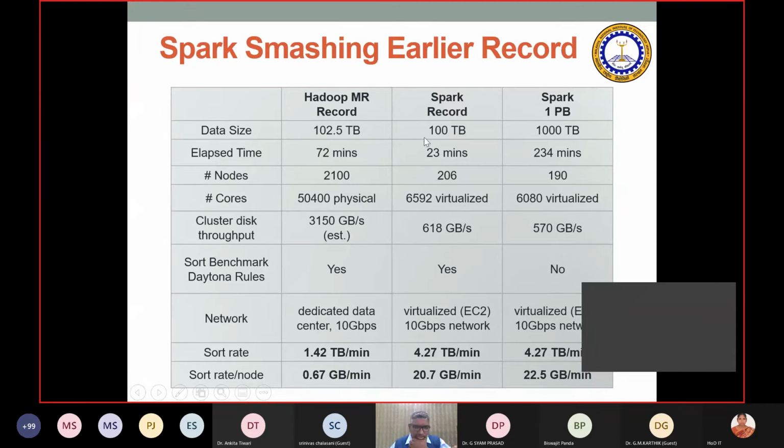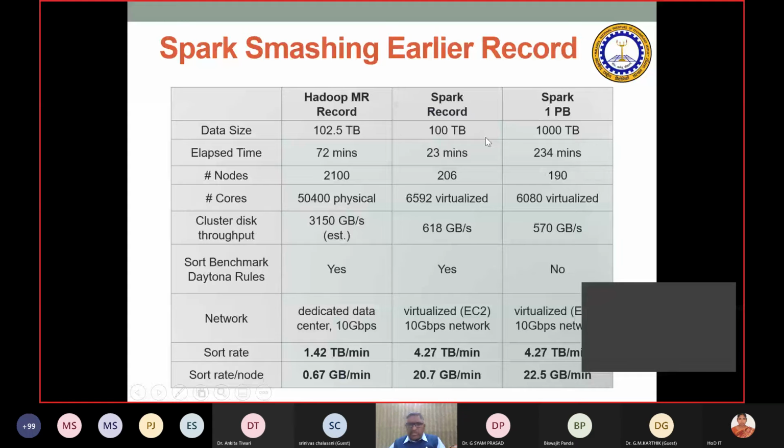What took 1 hour is actually taking only 2 minutes, right? So similarly, if you have similar kinds of nodes here, it is 234 minutes, even if it is 190. Let us say if 190 is like 200 times, if you increase it 10 times, this will be almost the same thing, 23 minutes, right? So for 1000 petabyte data, this is 10 times more, but it may take almost the same time.